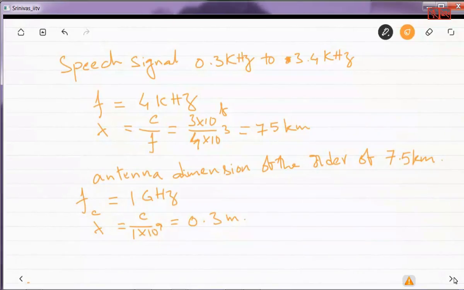Generally, these signals occupy the low frequency ranges, at least audio. Audio is from approximately 50 hertz, and speech is from, yeah, you can say,